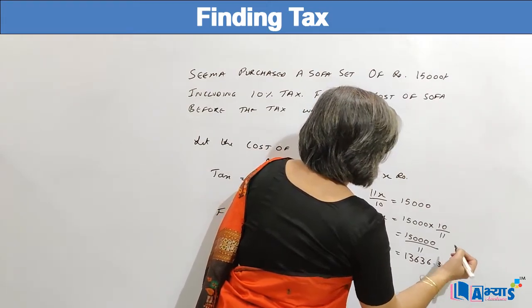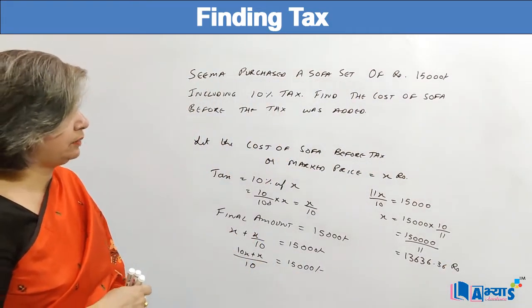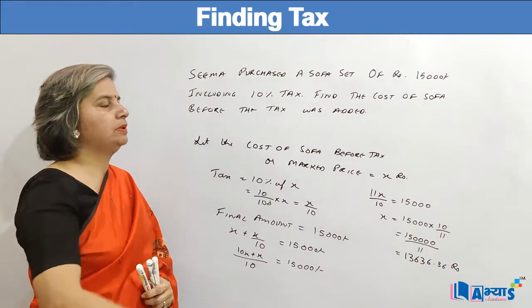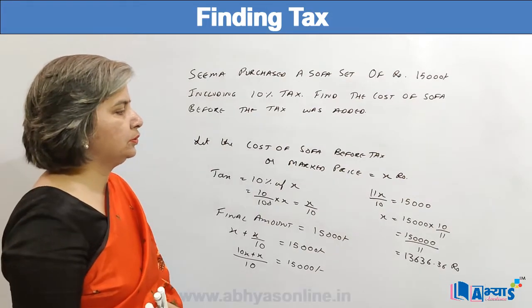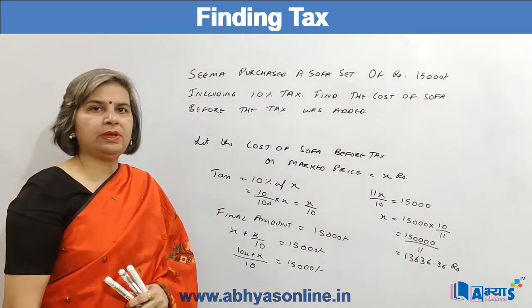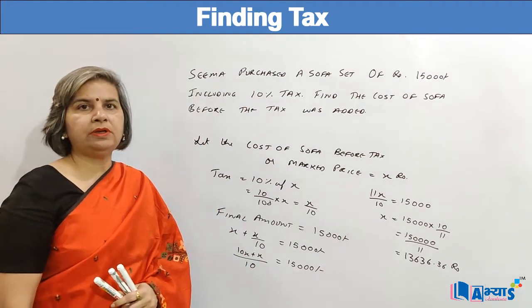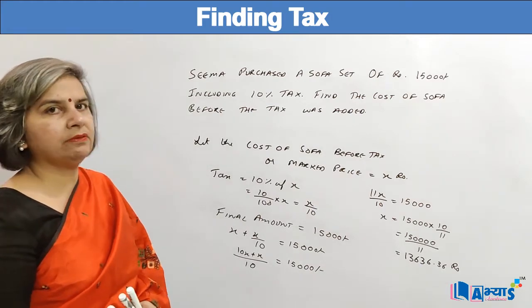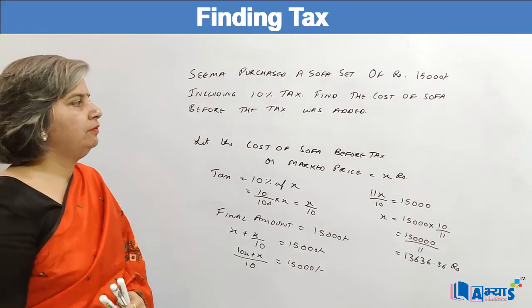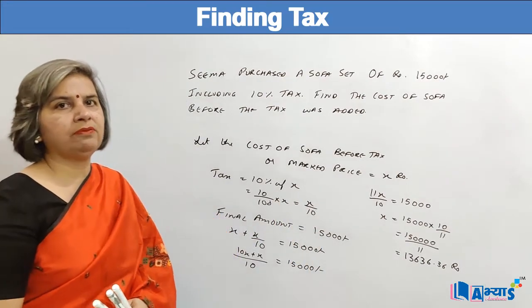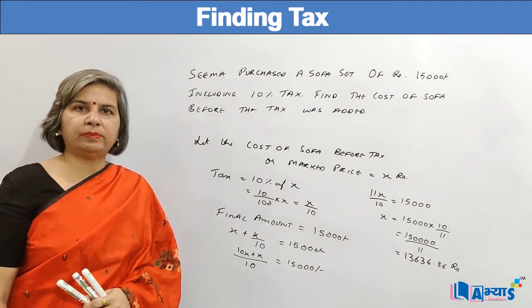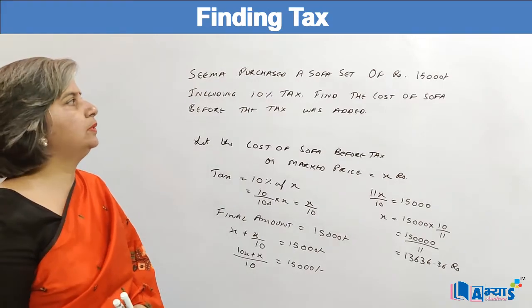So this is the mark price of the article before the tax was calculated, and then as 10% has been calculated as the tax, the net amount became 15,000. So this is how we can calculate the mark price of an article when the total amount is given. There can be questions in which we are given the mark price and we are supposed to calculate the amount after the tax. In that case, we will take that mark price which has been given and we will calculate the tax, and then we will find the total, that means the mark price plus the tax is equal to the amount that the person is going to pay.